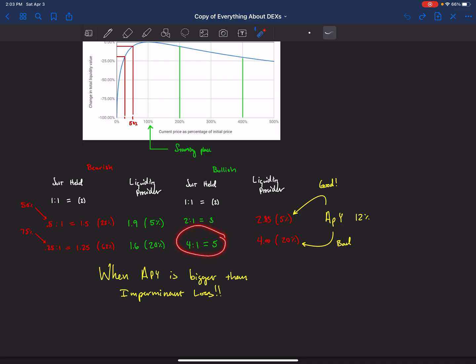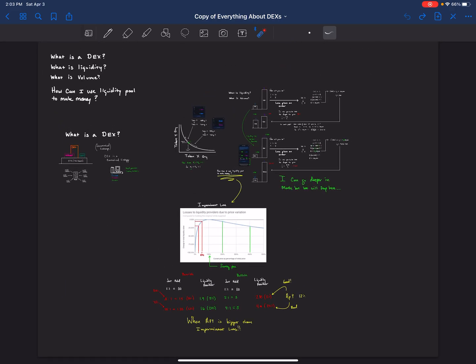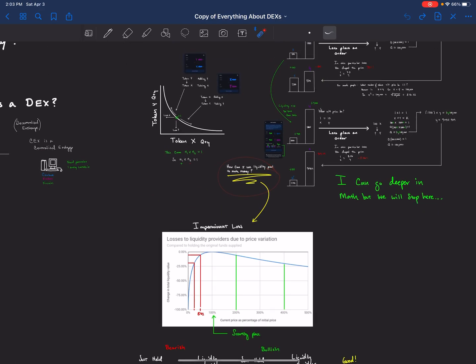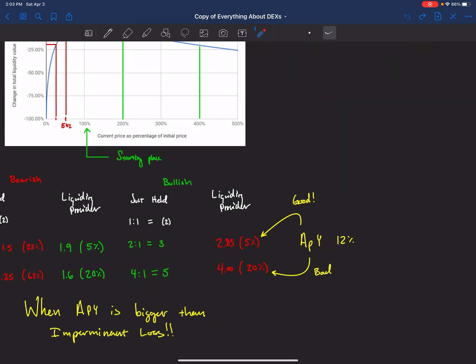And so if you see that the price goes up by 4, you would have had 5, but now you lost 20% of what you would have had, right? Because one of them would be 4, one would be 1, and you get a sum of 5, right? So you'd be 20% down. Okay, so we're going to look at how you can make money. How can you really understand all this? So let's say